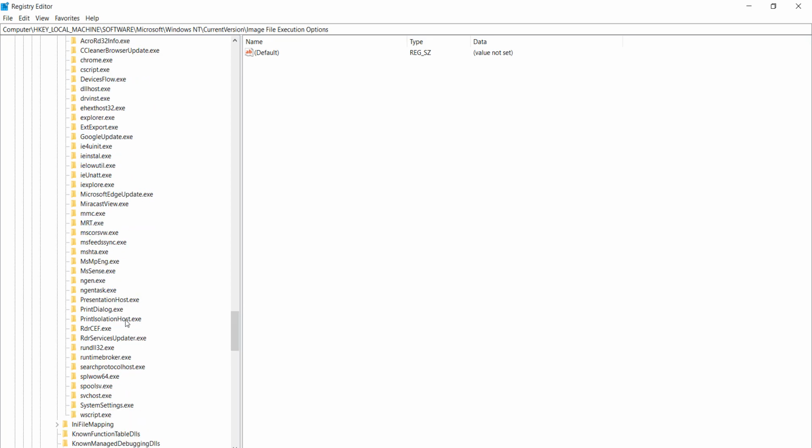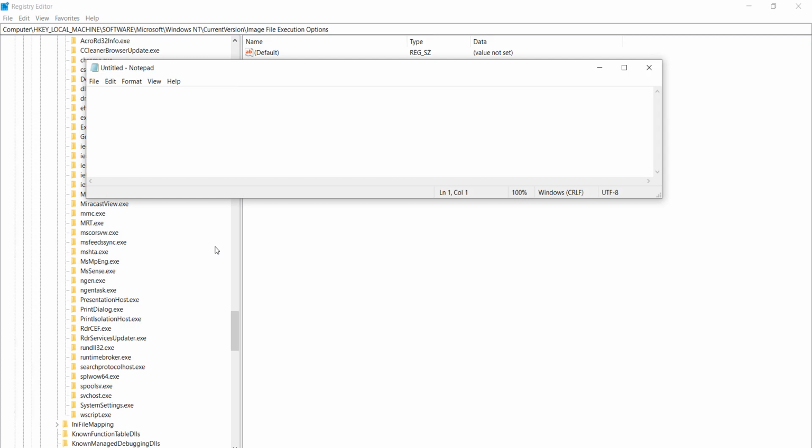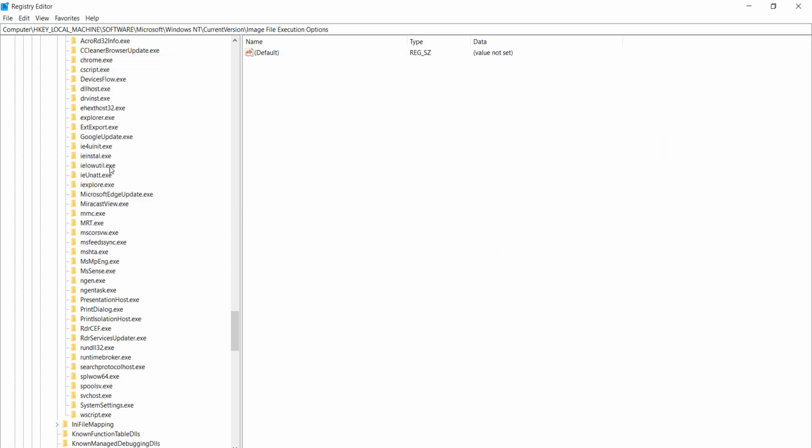Now if you can find a file named taskmgr.exe, then delete it. I have already deleted it. After deleting that, close the Registry Editor